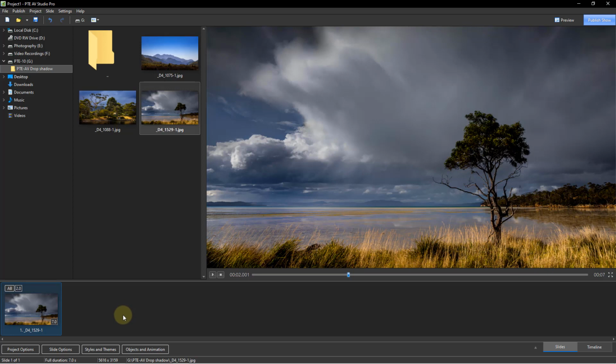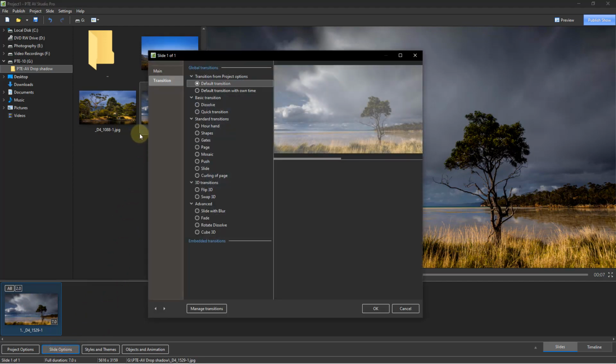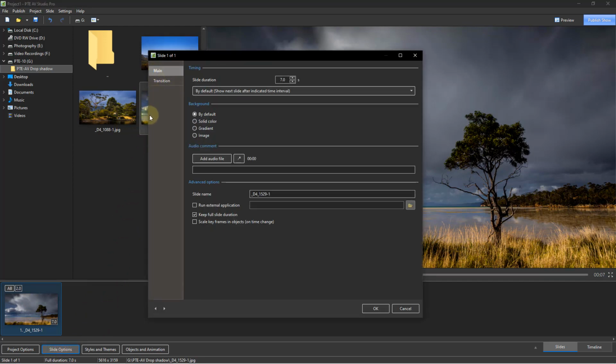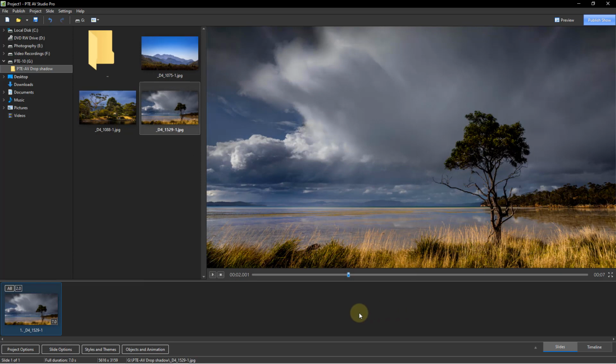Now if I just wanted to change the color of the background of one image, which may be one of 50, then I would select the image and go to slide options. We'll see exactly the same options here in the main tab, and here we can choose solid color and change the black to white. Now because I've done that globally via the project options, if I cancel this